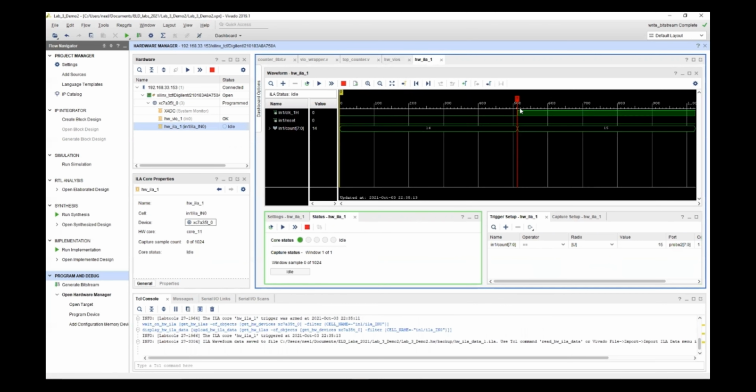I don't think you might have caught this, but I'll do it again. The event has been triggered because the value of count got 15, and the ILA has captured this whole simulation time here. As you can observe, first it was 14 and then it was 15. So the counter was incrementing one at a time. Let us observe this again.